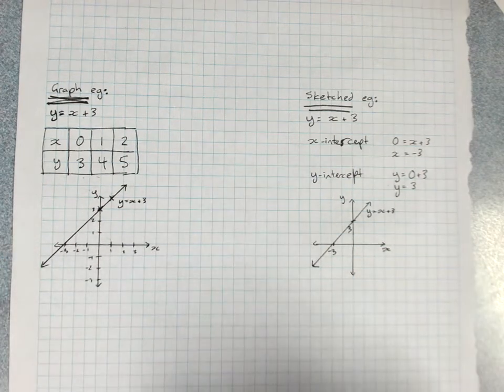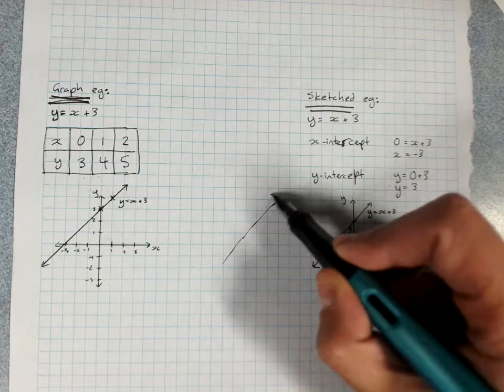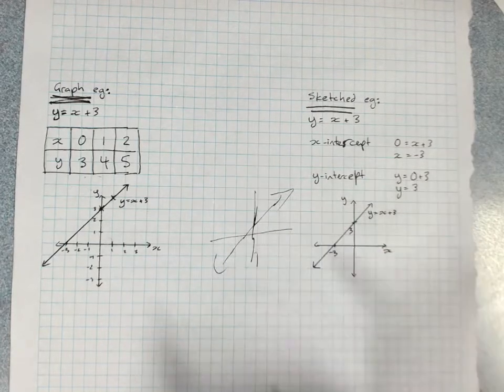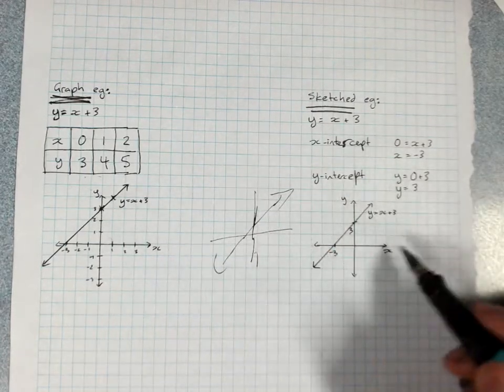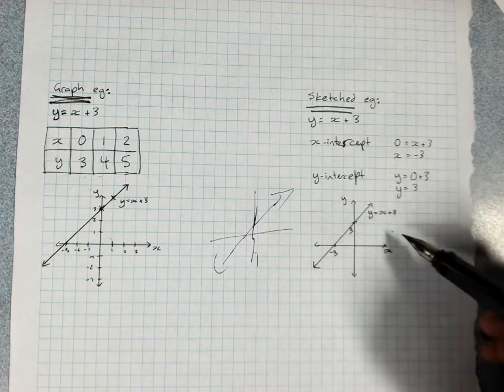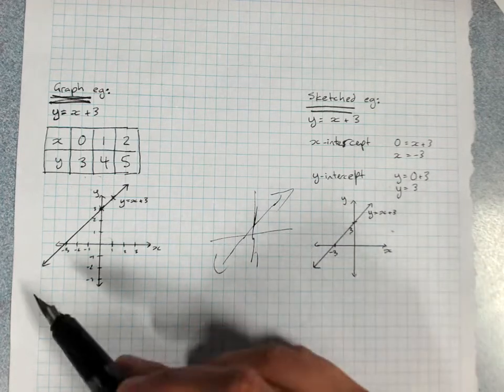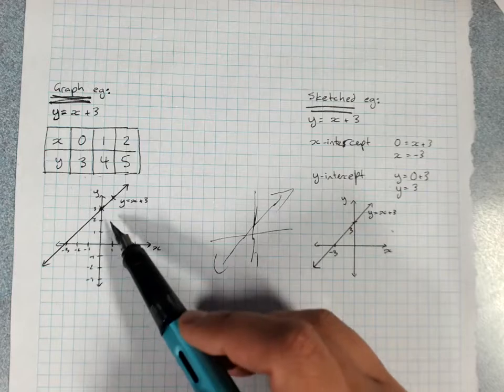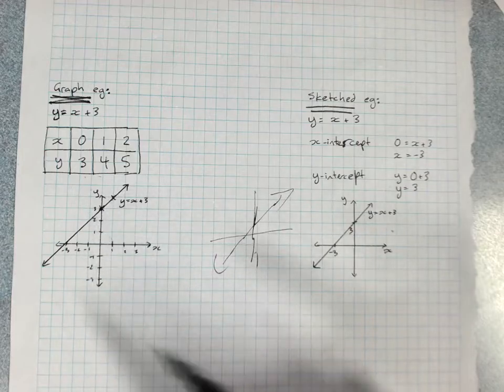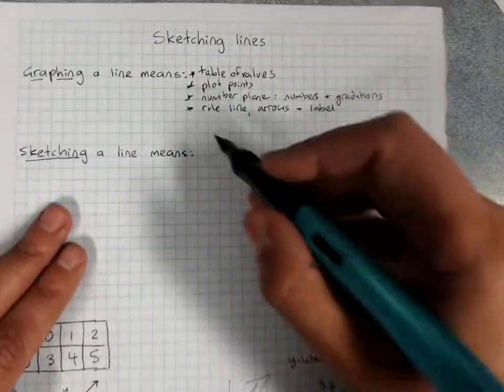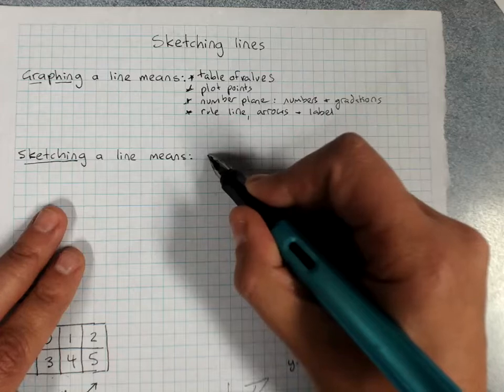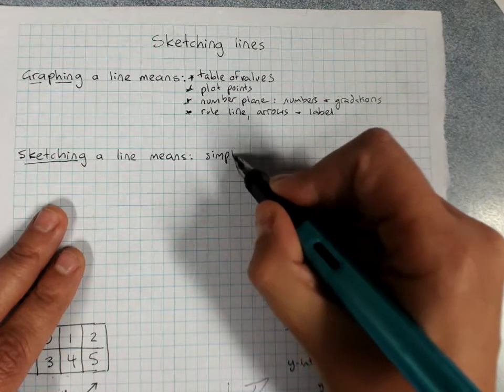Sketching doesn't mean sketching as in art. Oh, I will sketch the line. No, no, no. It means use a ruler, but we're giving a general idea of the line using 2 points instead of a table of values and plotting all the points with perfect labelling. So sketching a line means a simplified number plane